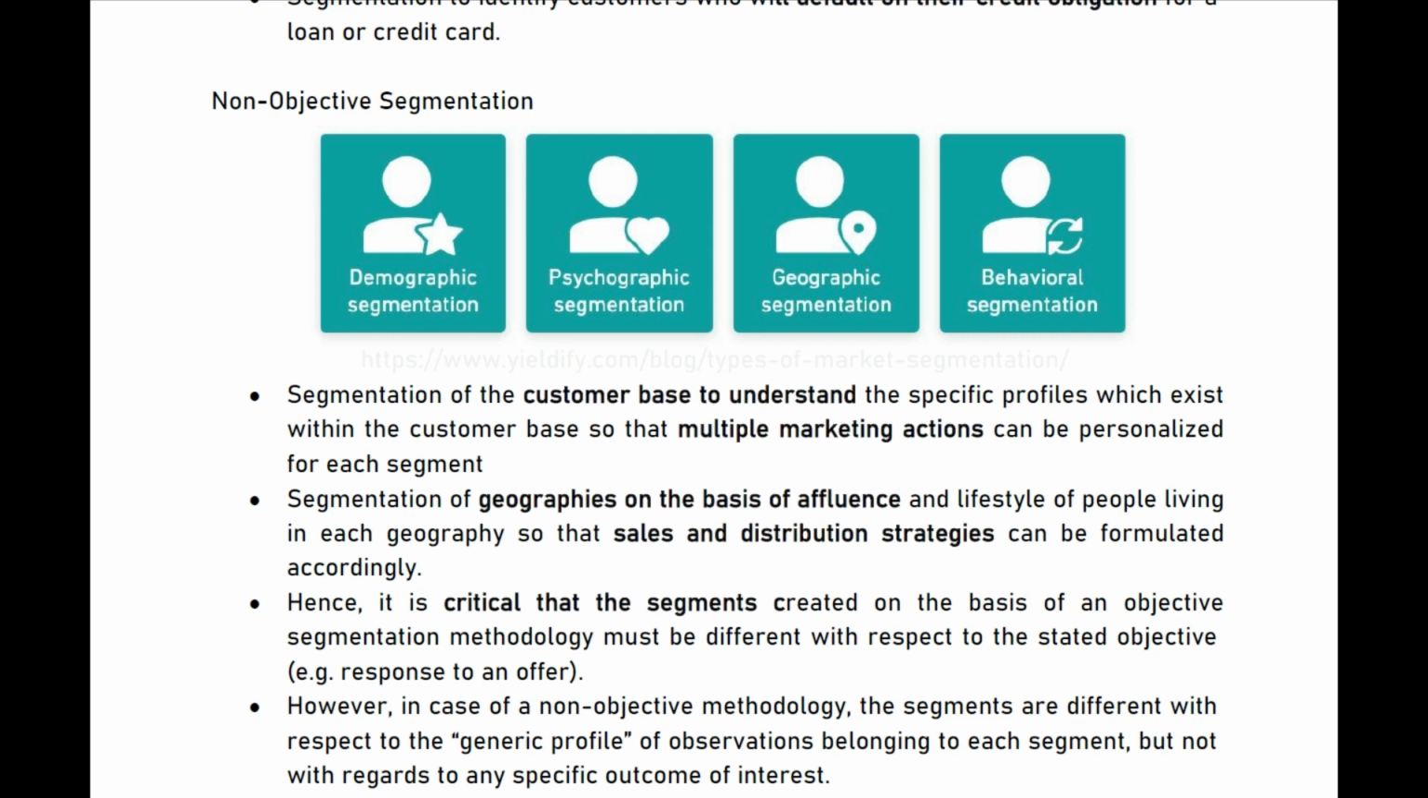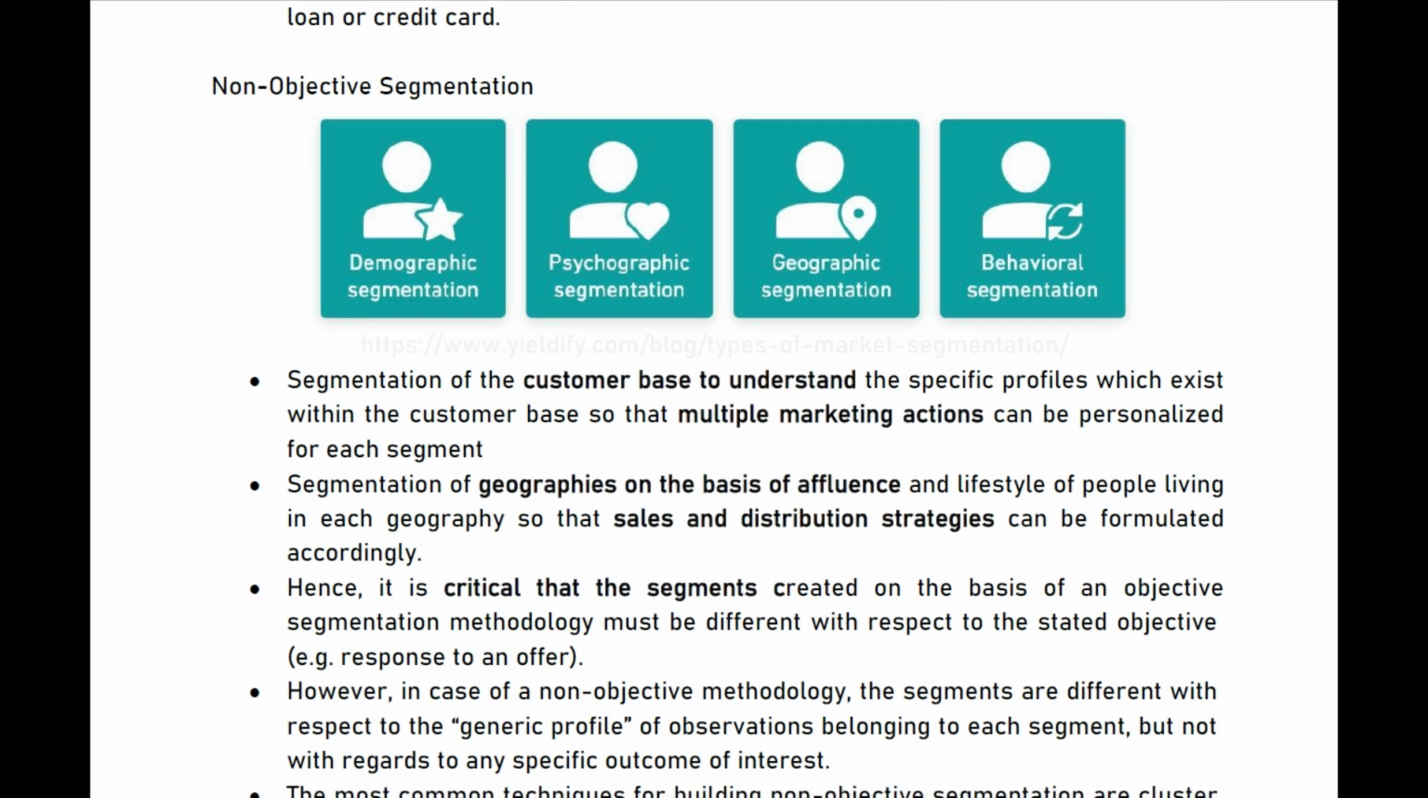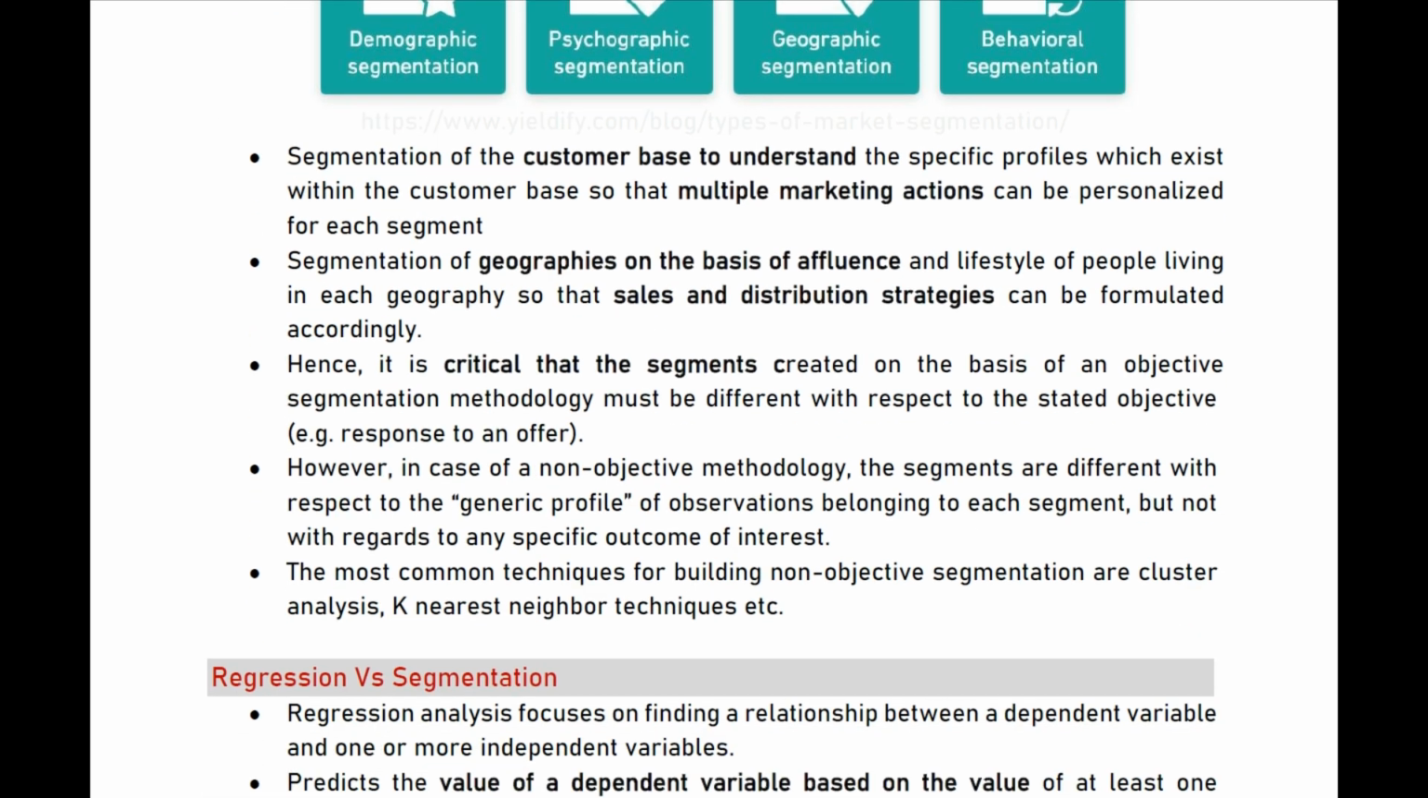Non-objective segmentations are applied where the customer is understood and a specific profile exists for them as a customer. So there are multiple marketing actions, personalized for each. Here non-objectives are there and the general basic influence will be there. The critical elements are